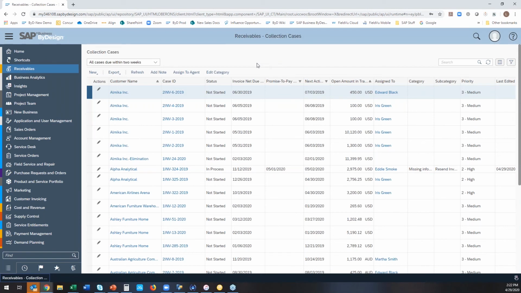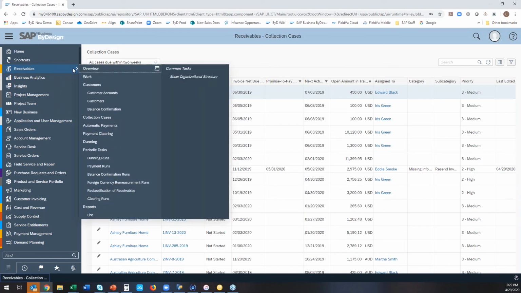Right. And then since it moves from one category to another, so now I'll see a new activity pop up that's not started in the next due date in there. All right. Okay, and then just the last piece is, or just some of the analytics that come along with